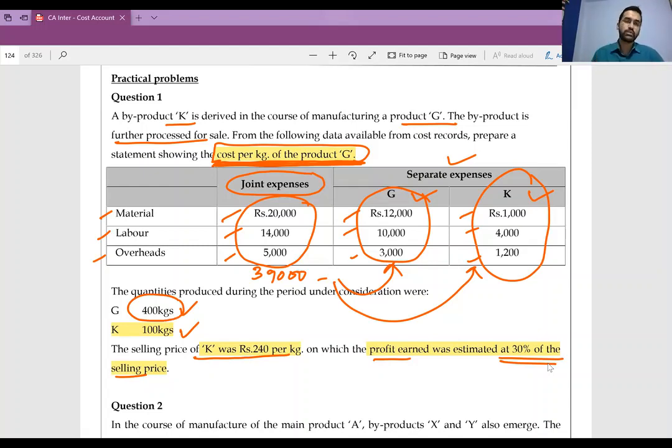Do not worry. I just want you to develop this habit. When you read a question, you should be able to visualize: this will be my working note 1, this will be my working note 2, this is how I'll present the answer. This ability to visualize even before writing, you should learn. If you learn that now, there is no possibility of you missing something, because you clearly know I will do this first, this next. When I'm doing working note 1, I know how I will use it in working note 2. When I'm doing working note 2, I should know how I'm going to use it in working note 3.